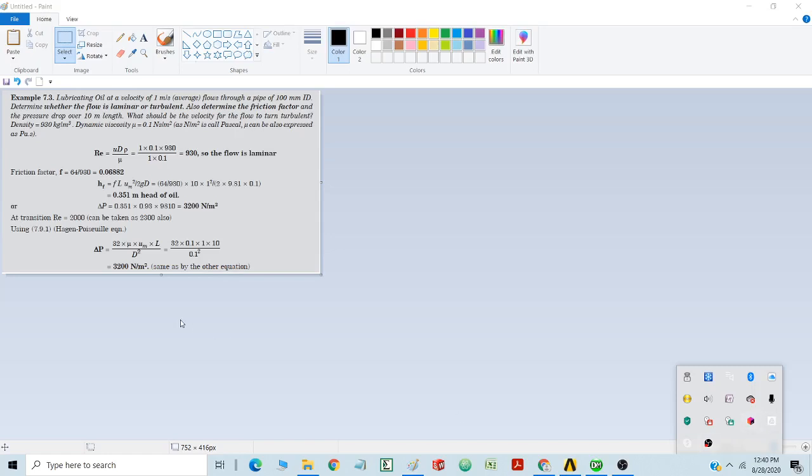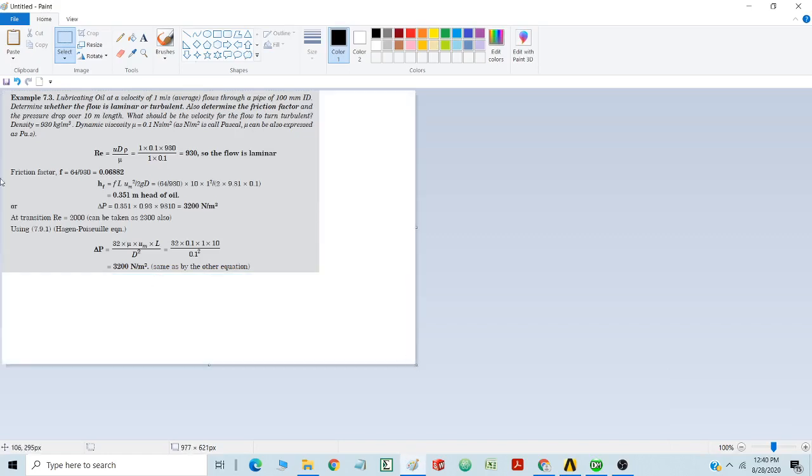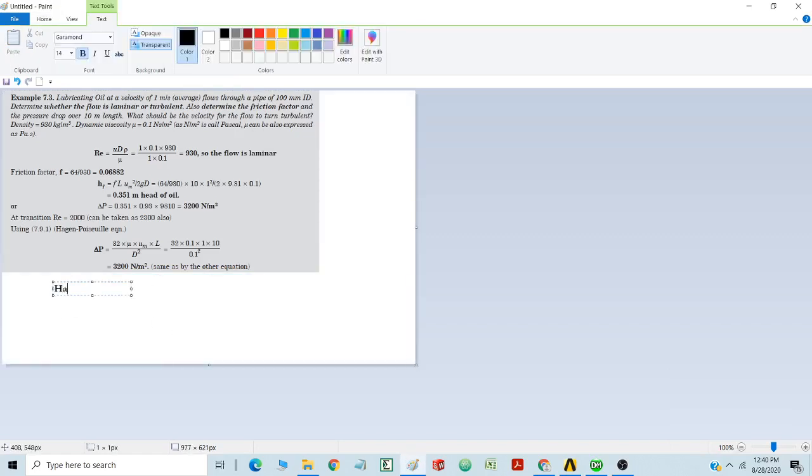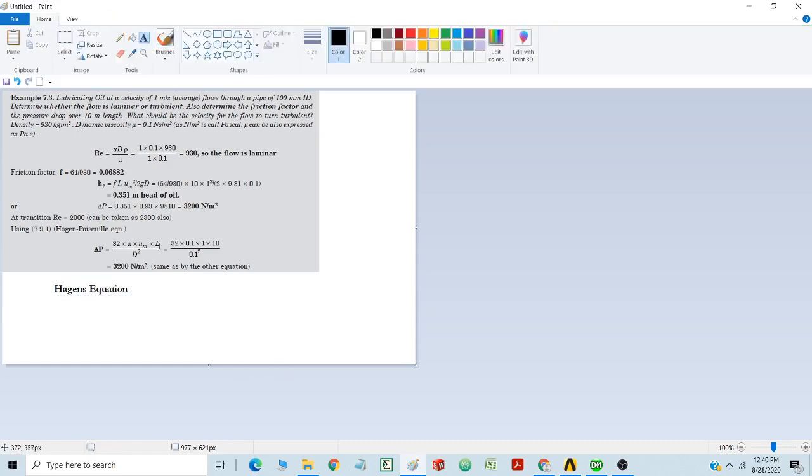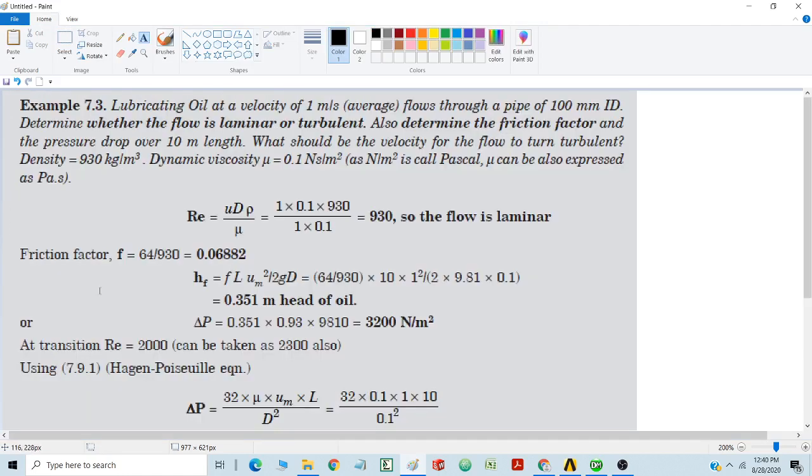Hello students, today we are going to verify the Hagen-Poiseuille equation. The same thing has been given and explained in your class. Okay, Hagen's equation. We are going to verify this, and the boundary condition for the given problem is shown here,